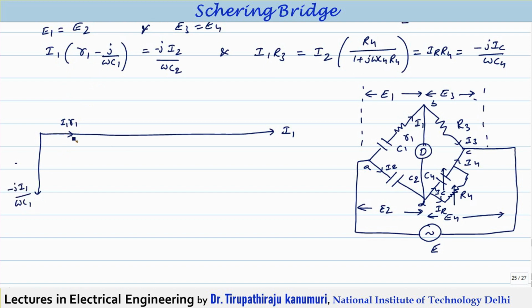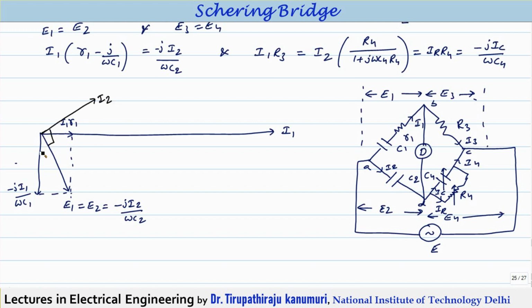So the sum of these two components, so that will give your voltage drop across this capacitor. What is the voltage drop across this capacitor? That is equal to E1. We know the value of E1 is nothing but equal to E2. E1 is nothing but equal to E2. Agree with me? So this E2 means this is equal to minus J times of I2 by omega C2. You can see here minus J times of I2 by omega C2. We know this minus J times of I2 by omega C2 will lag behind I2 by 90 degrees. You agree with me? So from this I can tell my value of I2 will be perpendicular to this one. So this will be my value of I2. That means this angle will be 90 degrees.